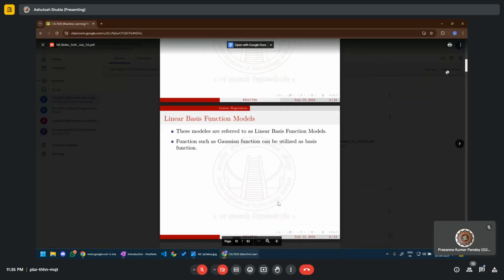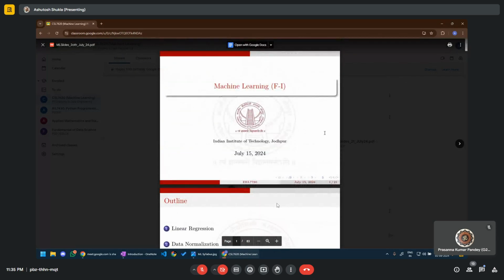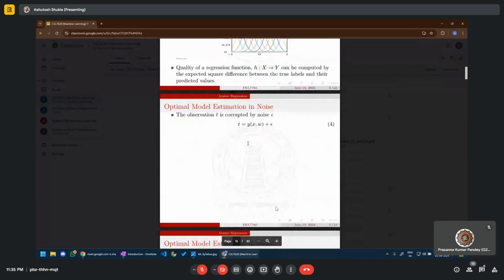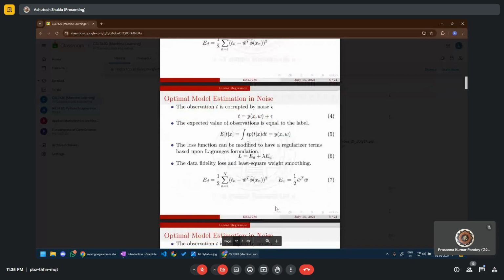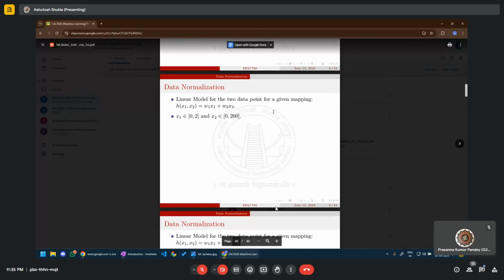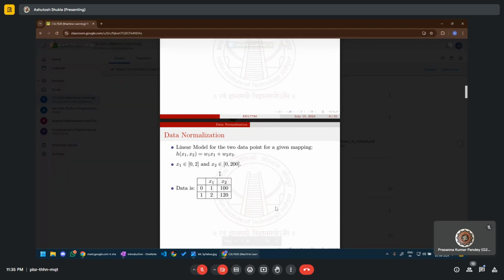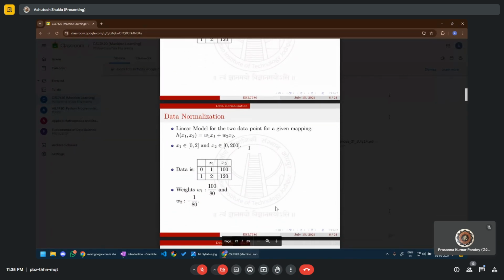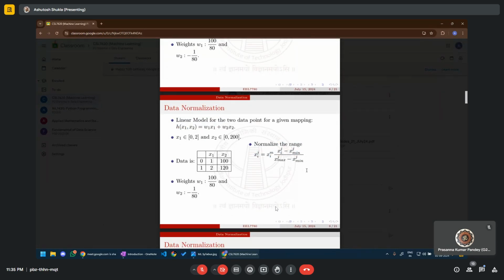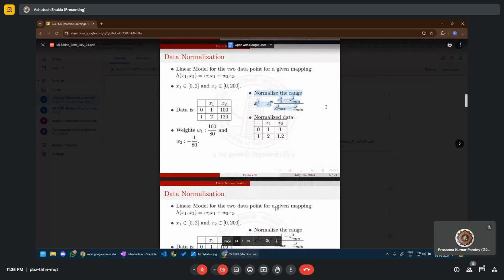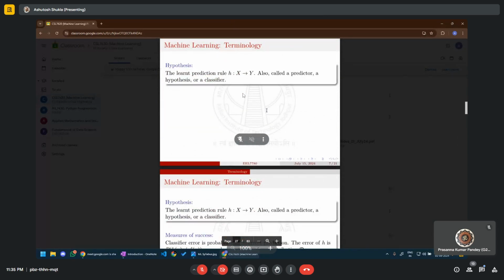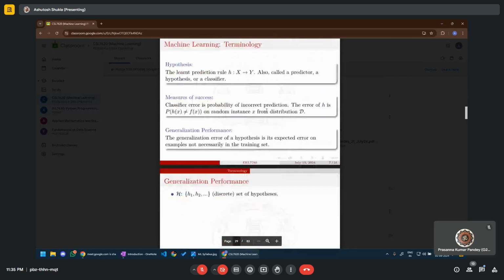वीसी डायमेंशन एंड डिस्ट्रीब्यूशन. हाँ, तो ये वाली सही स्लाइड करवाया सर। एक सेकंड, लीनियर रिग्रेशन, डेटा नॉर्मलाइजेशन इसमें है। हाँ, linear regression, linear bias, optimal estimation noise. Okay, wow. So linear model for two data points given by mapping. Data normalization, normalize to range, ये min max वाला है. This is literally the same thing, min max. ओके यार, ये तो एक ही टेक्निक है इसमें।